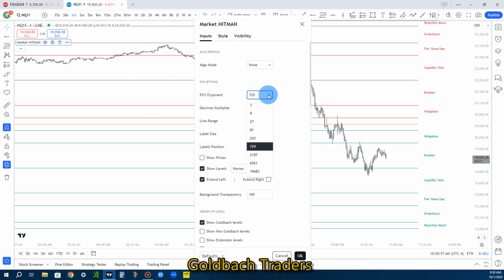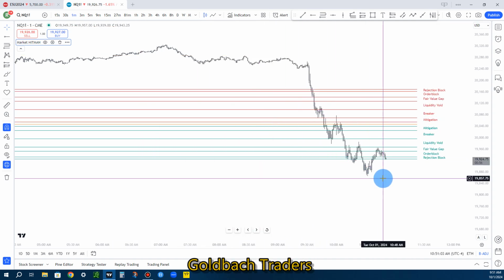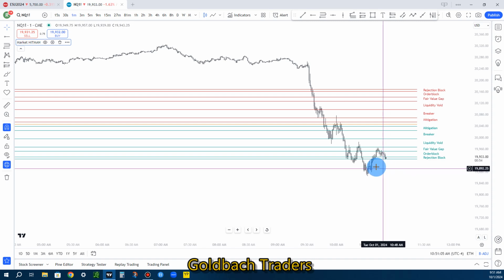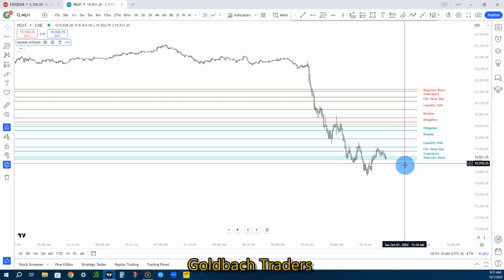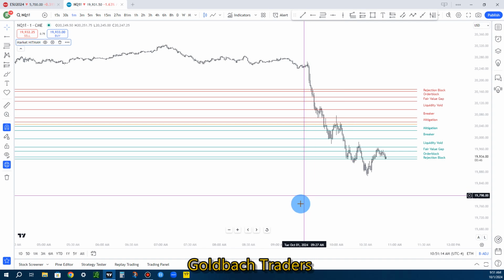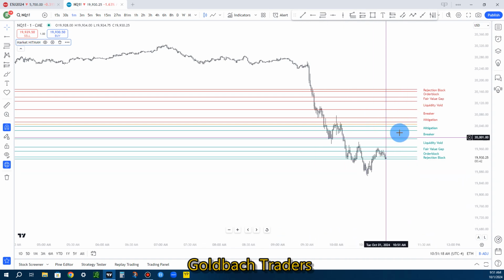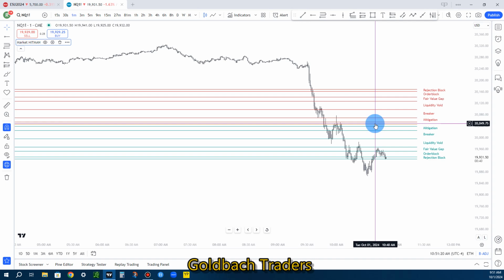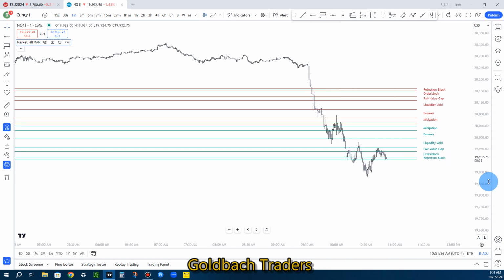Let's go down one to 243. At 243, we are in the discount, so again, we're looking for longs. Now, if this was to go on down here and break to where this partition would now start printing down lower, then we could start looking at shorts again off of this 243 dealing range. But as it is right now, if I was trading live, I would only be looking